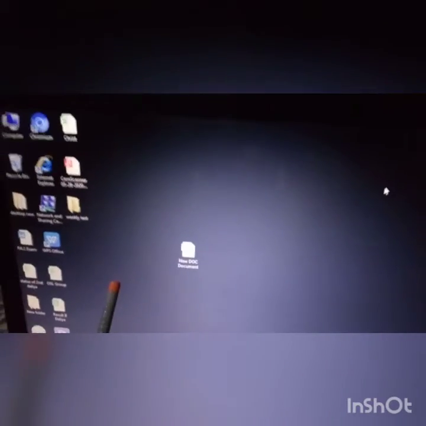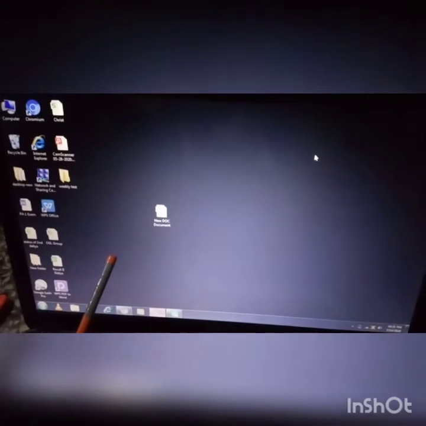You can see a screen here. This is your window. Window uses files and folders. You can see this is a folder and this is a file. These are files, these are folders.